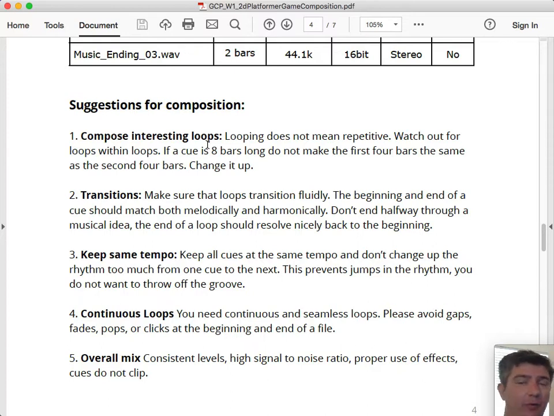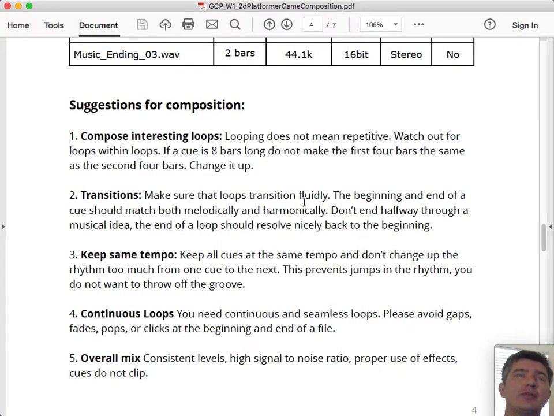Sometimes I'll get a 4-bar phrase that's repeated twice, or a 2-bar phrase that's repeated 4 times, or even a 1-bar phrase that's repeated 8 times over and over again. And then on top of that, it loops and gets quite monotonous and repetitive. So use the full 8 bars and each of the 8 bars to develop your melody.